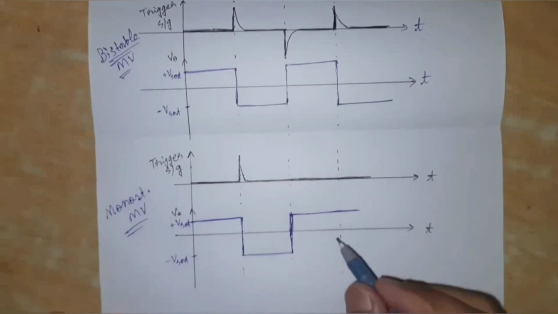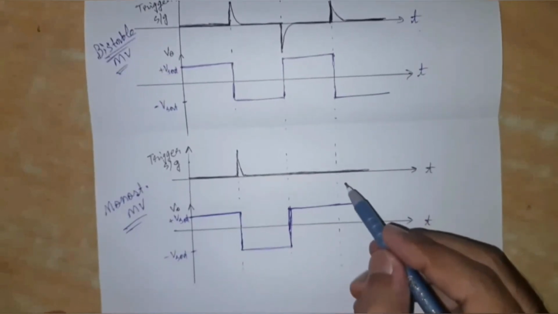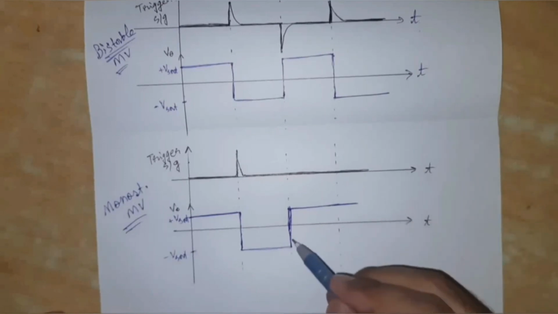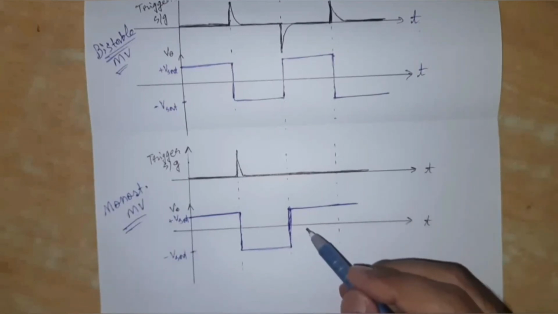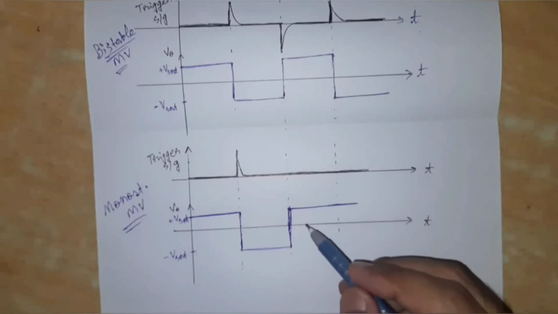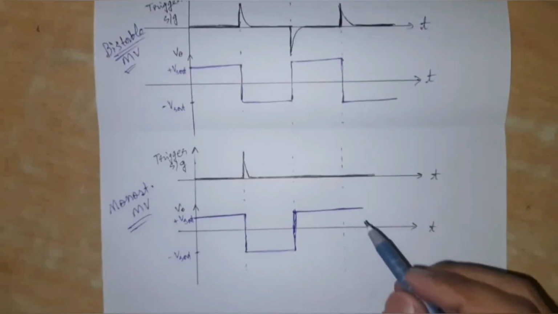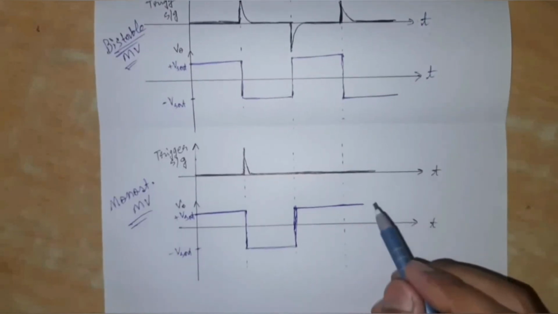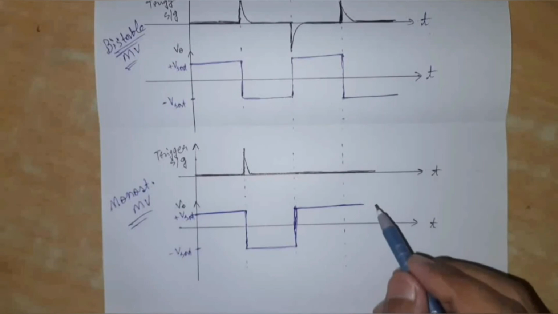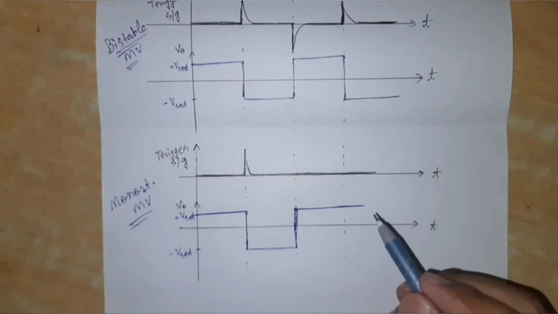So you must be wondering why that curve-like figure hasn't come here. That is the VC curve, which I will explain when I give a detailed explanation of the monostable multivibrator. That also comes, and time constant and other concepts are introduced there, which I will be discussing in that detailed video.